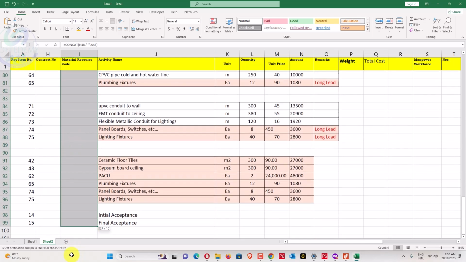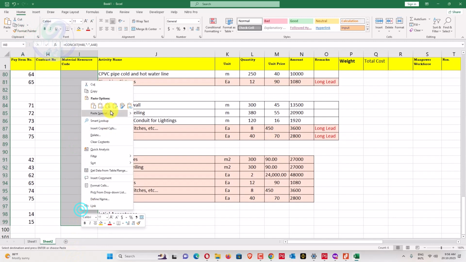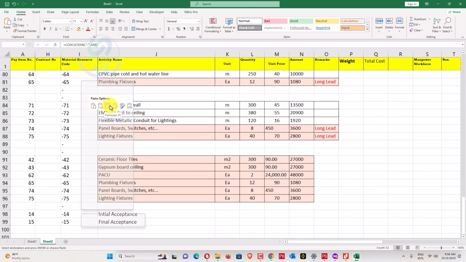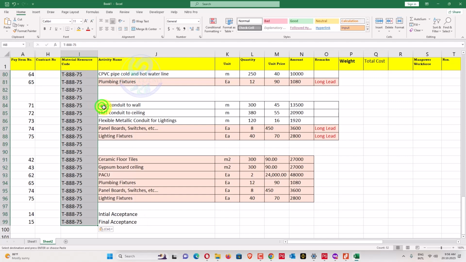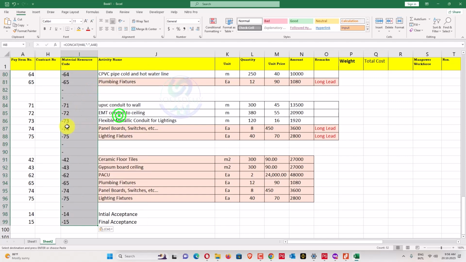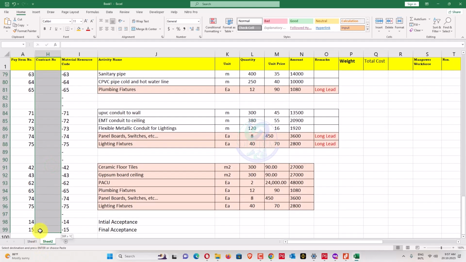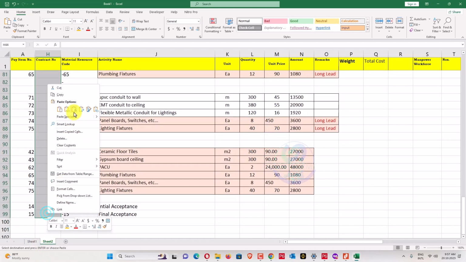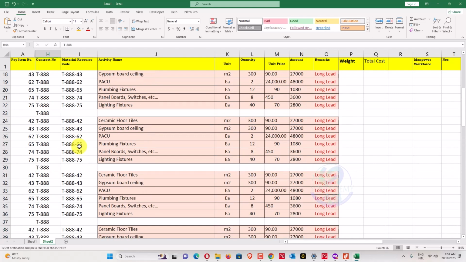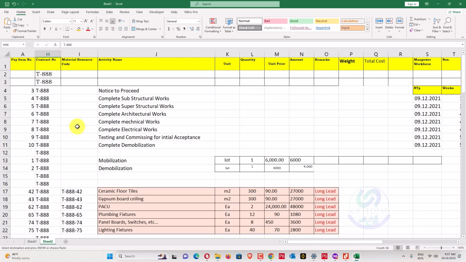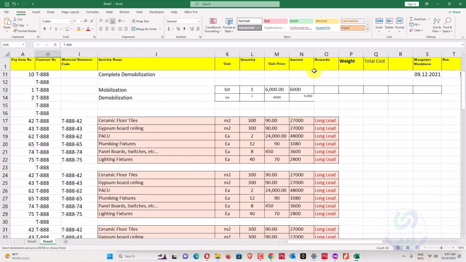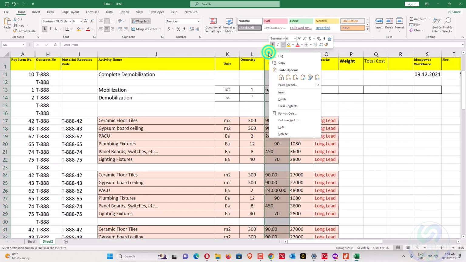Paste this one also here. Paste the formula, and now copy this one, paste here this one also. Here you can see I have got some material resource code, and now for the weights we will go here, add weight in front of quantities.